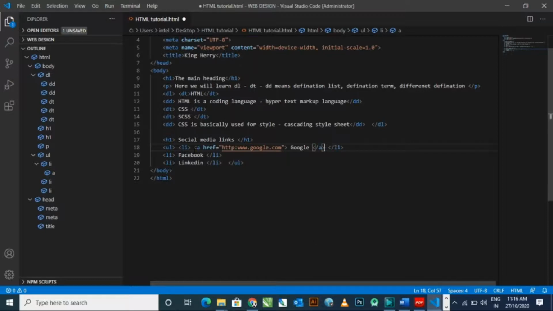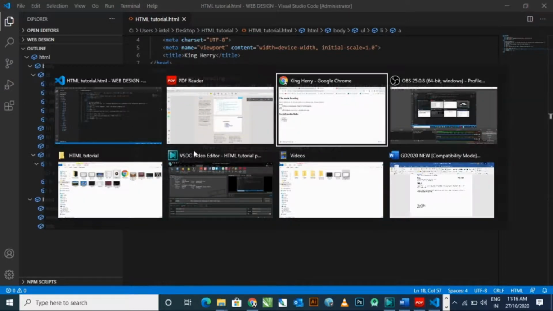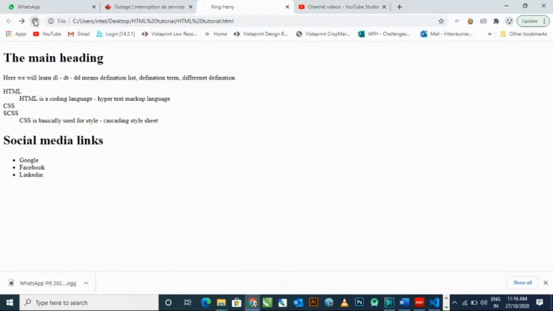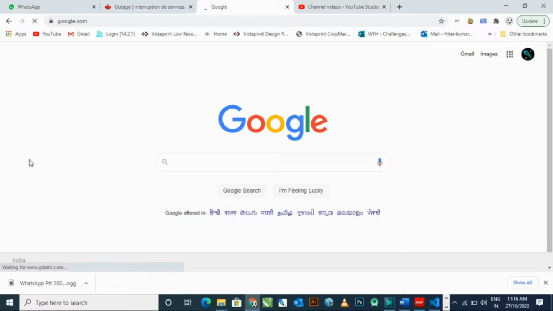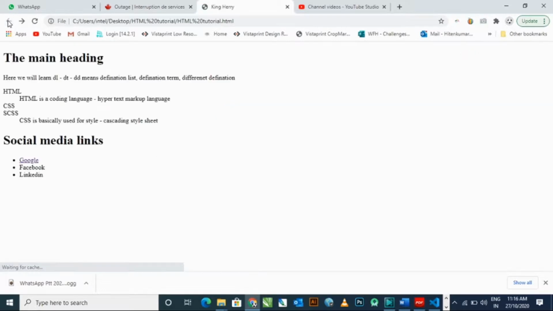Okay, I didn't put the double slash here. You will see what will happen. Will this work or not? Is it okay if you don't put double slash? This will work. You see that? This is working fine.